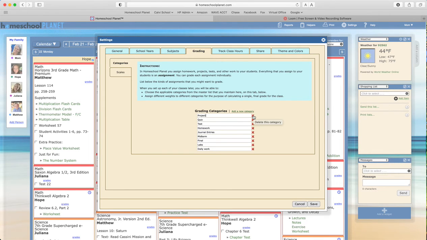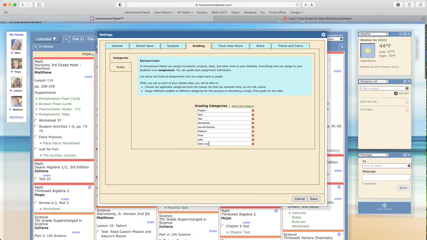But if you delete a grading category, you will not be able to re-add it in the future and have it apply to the same assignments it was previously marked with. So we recommend keeping your grading categories once you've set them up, making small tweaks in spelling. Perhaps you want it to say quizzes or tests instead, or you may want it to say laboratory assignments. A change like that is fine, but in general, keeping your categories the same, but adding all those you need is